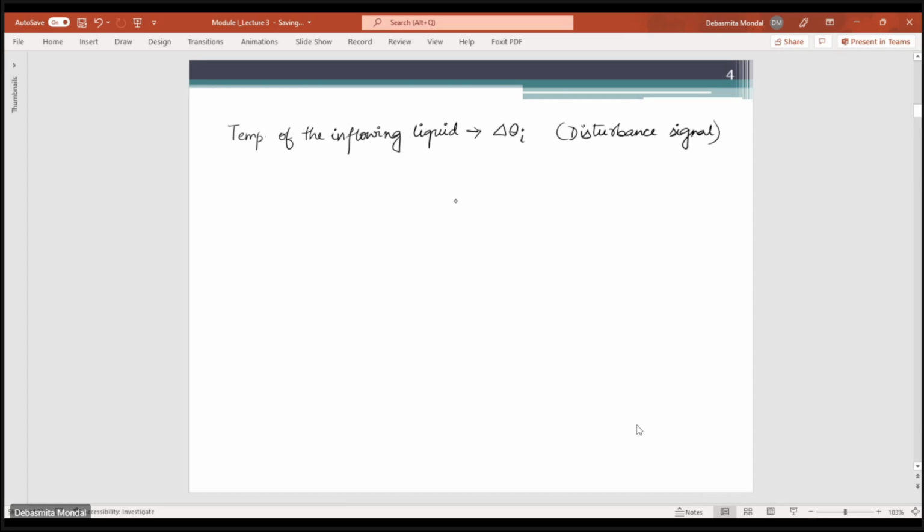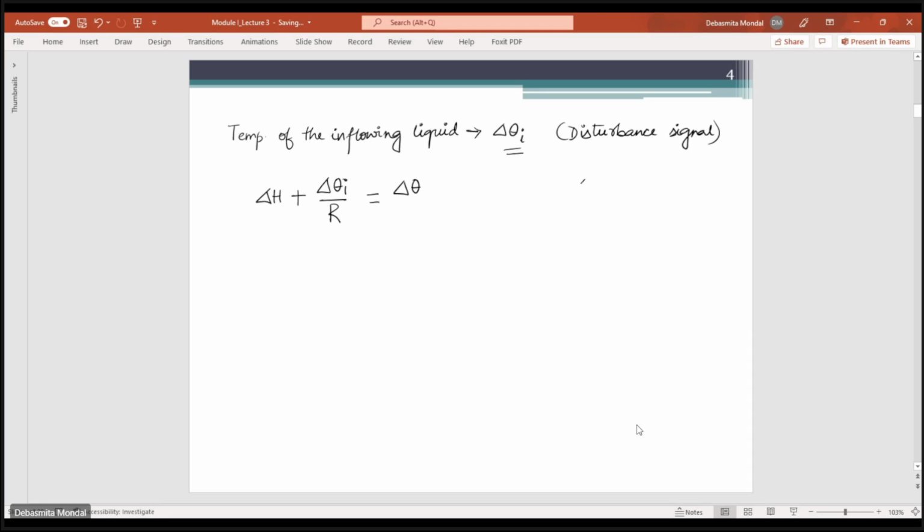Because the temperature of the inflowing liquid is changing, there will be some extra change in the amount of heat because of this delta theta I change. So then you can write the equation of the overall heat content, which was delta H. With delta H, there will be another factor, delta theta by R. That will be equal to